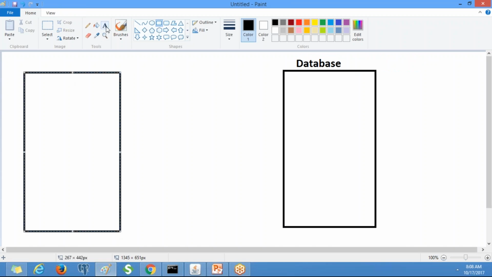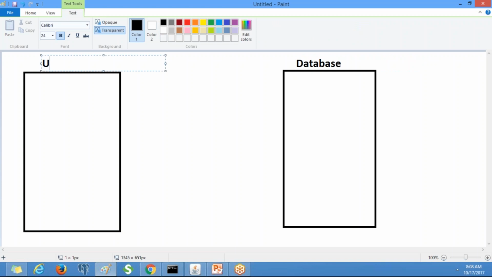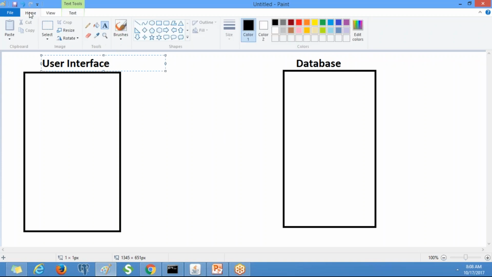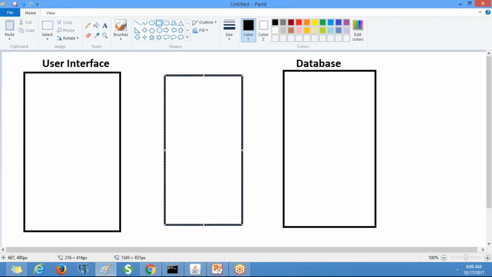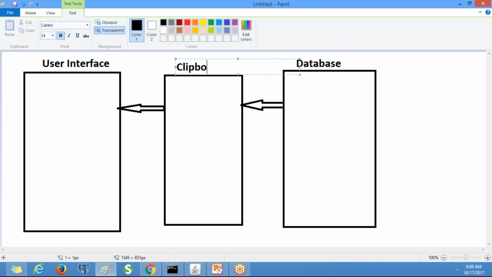What do we need to do first? First we need to bring it into the clipboard, and then from the clipboard to the user interface. Clear?